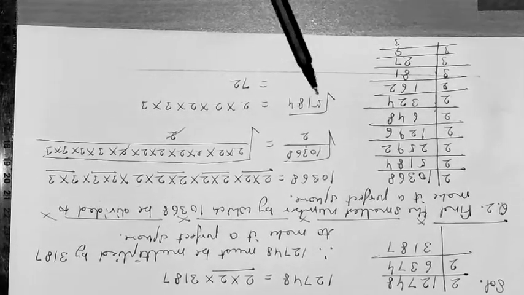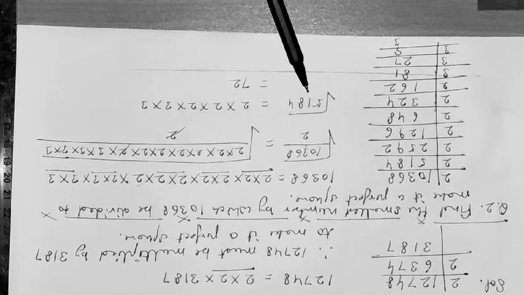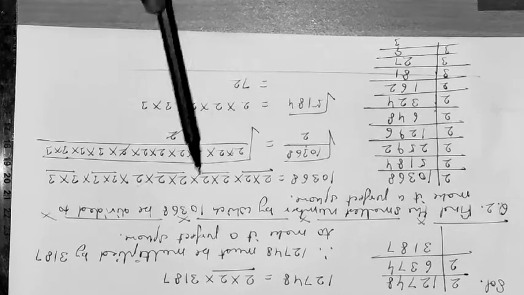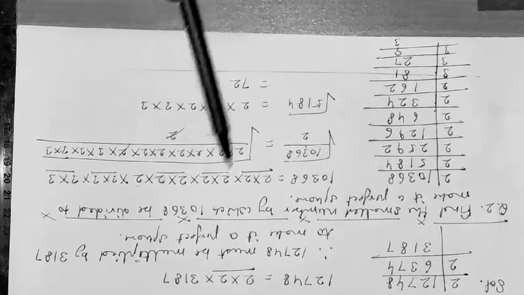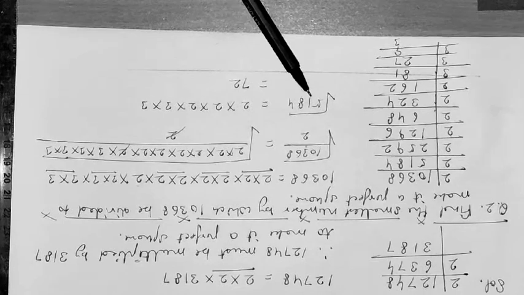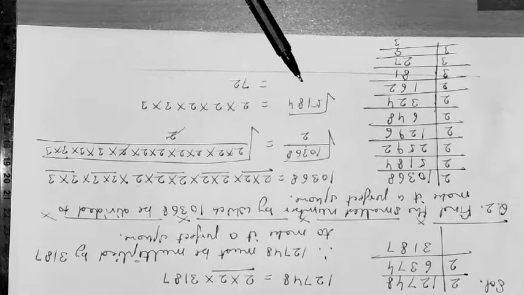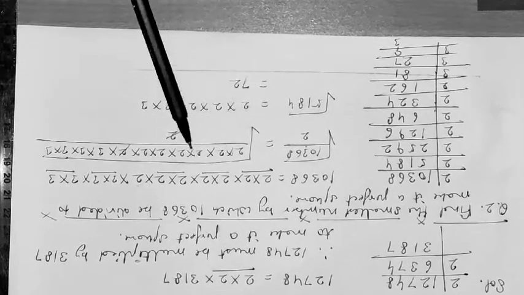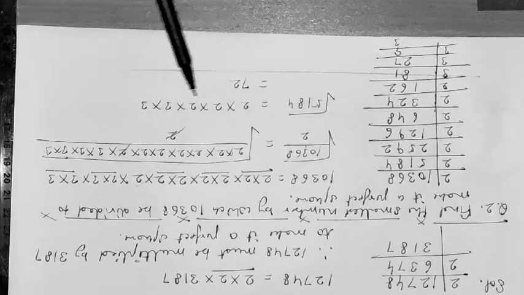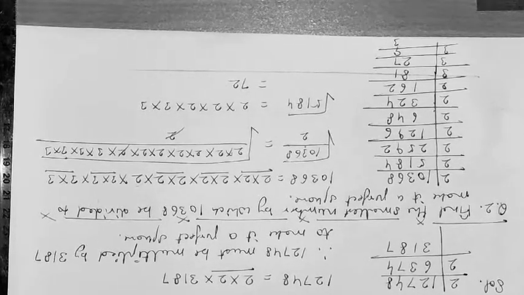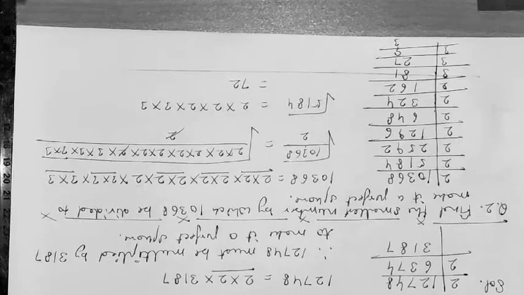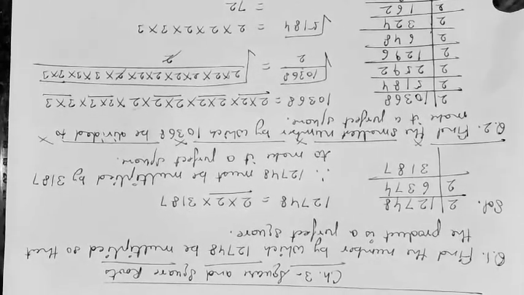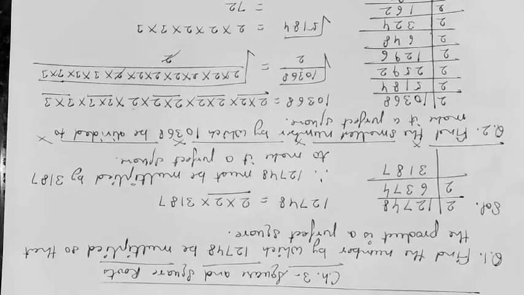So 5184 is the number which is a perfect square number and which we have got from 10368 after dividing it by 2. And to find the square root of 5184, what we are doing is we are taking one digit from each pair. After multiplication, we get the square root as 72. So these two types of problems we can expect in the prime factorization method.